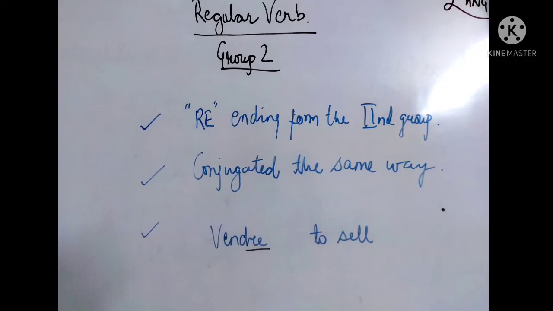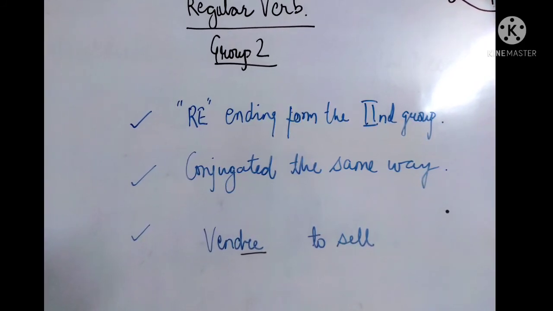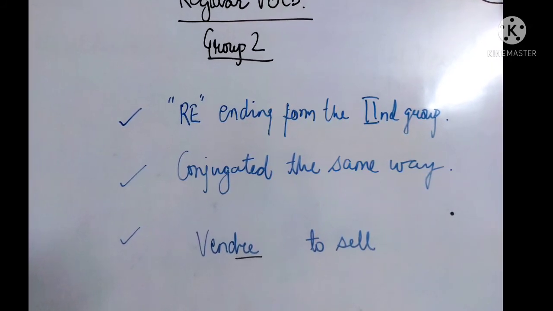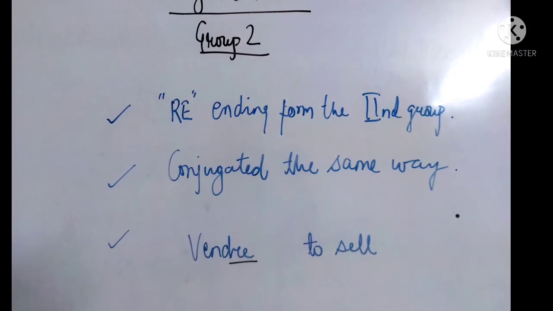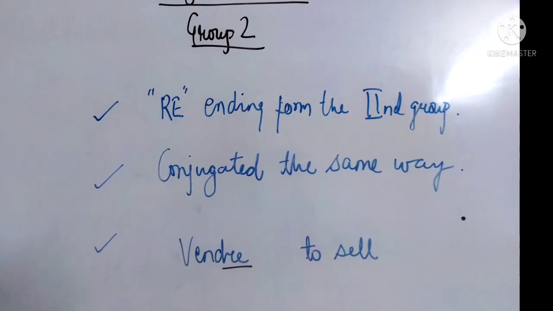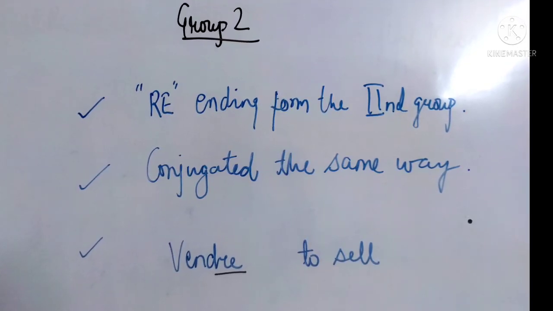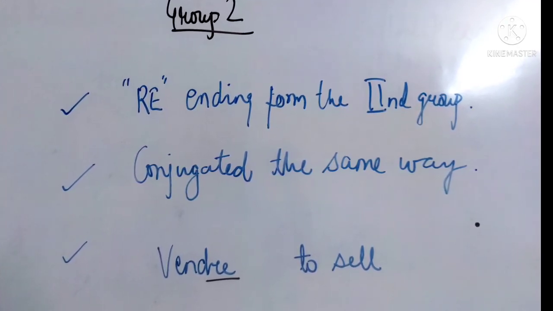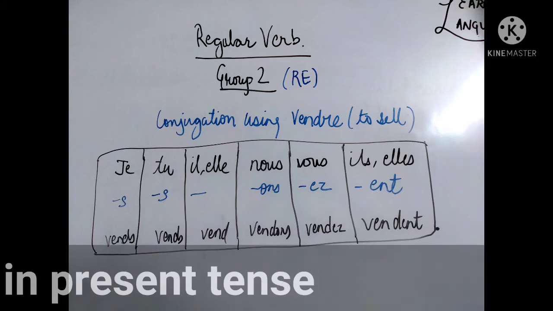Now, in group 2, we have another infinitive form, which is RE. So in this group, you will find some verbs which end in RE, and they also conjugate in the same way. An example of this verb is vendre, which means to sell. Now in group 2 we have IR category verbs and also the RE category, but in group 1 we have only ER verbs. So let's see the conjugation for vendre